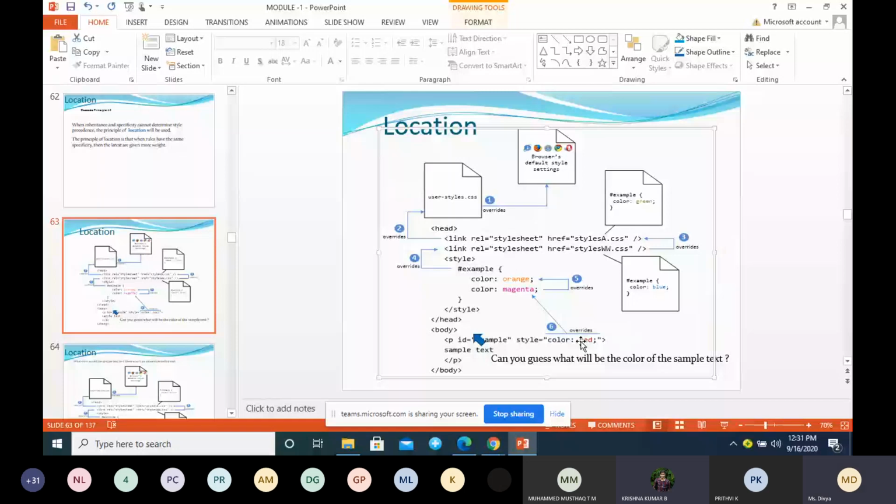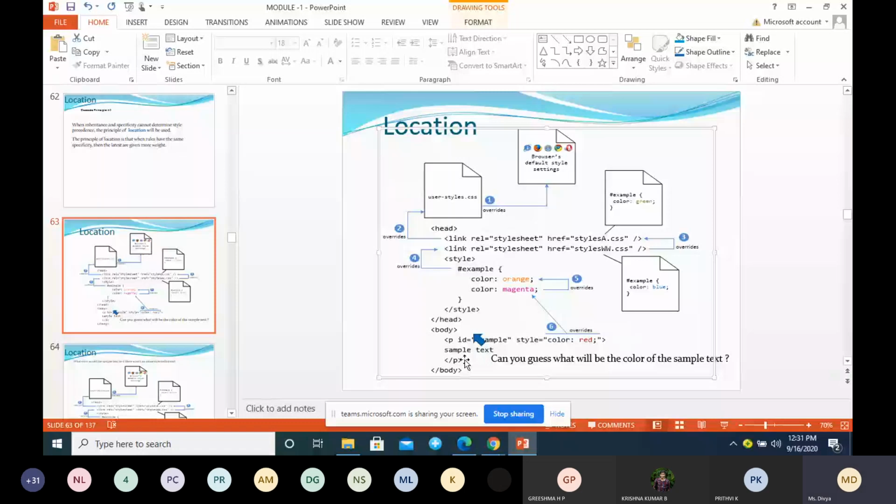You will get magenta, because there are two styles, external and internal. Among these, internal will be given priority, but in internal there are two styles again, orange and magenta. The lowest one will take priority over the first one, so magenta is the color we get for the sample text.